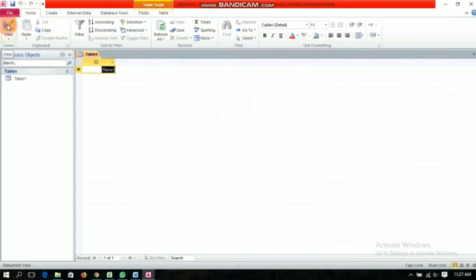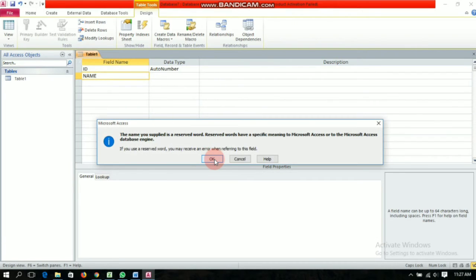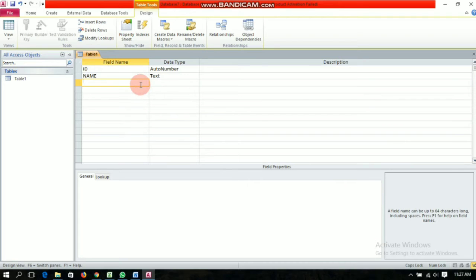So now I will add fields in design view. Here from View I will select design view, and by default the first field name is ID. Now I will name the second one as Name, and it is text. Then Address.